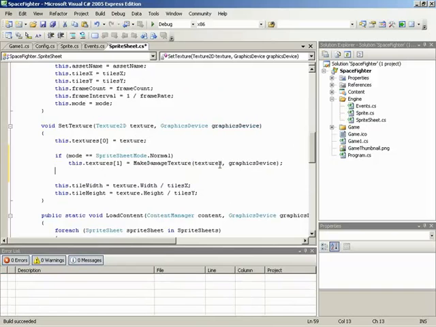And one quick spelling error there. I've replaced textures. Textures is the field of the overall sprite sheet. Texture is the texture coming into set texture. But that's the one we want to send. I'm sure that would have made the compiler nice and unhappy, though, because it is expecting a texture 2D, not